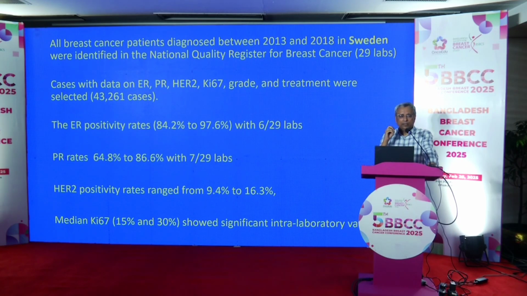So I think it's critical that all labs who do ER, PR, HER2, at least ER, PR, HER2, should check the trend over the last at least 1 year, 2 years. So if you do it every year, or every 5 years, then you'll notice any drift. So I think it's quite essential to know the positivity rates.